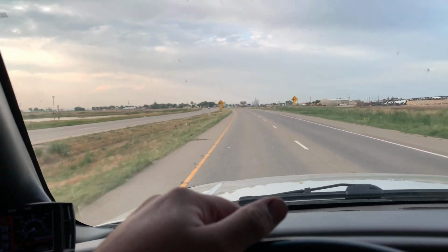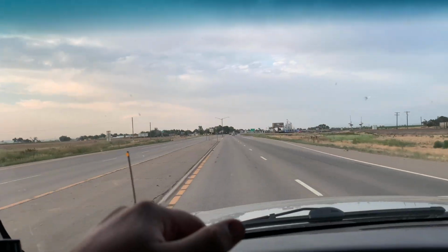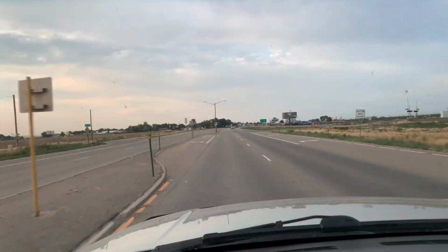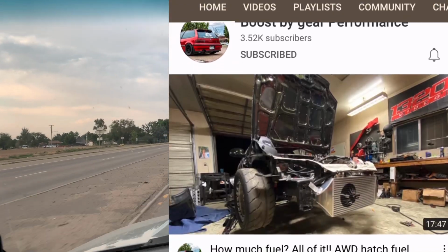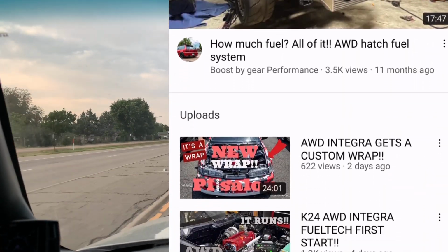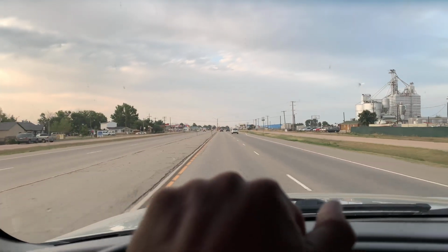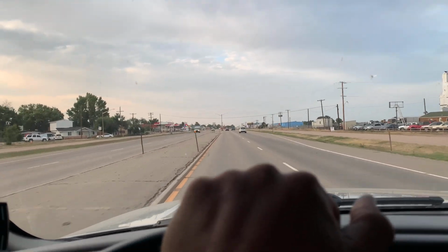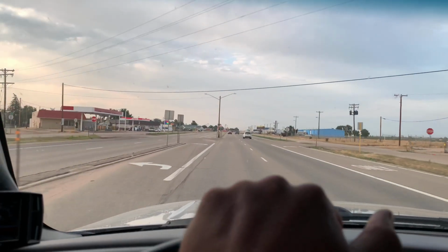So we're on our way out to the absolute middle of nothing in Colorado, also known as Greeley, to pick up a twin disc clutch and fuel pump from my friend Carlos. His YouTube channel is Boost by Gear Performance. It does some pretty crazy stuff, but he is hooking me up on this twin disc. And then we're getting a Walbro 525 for the bug,